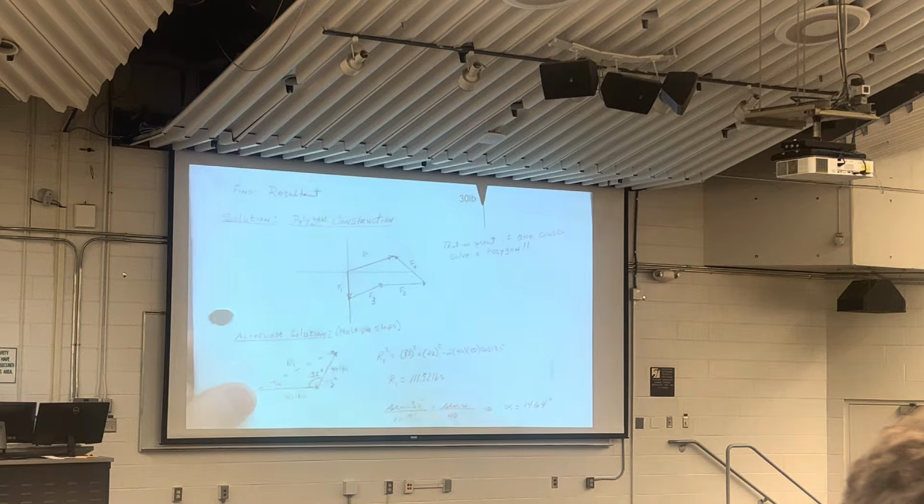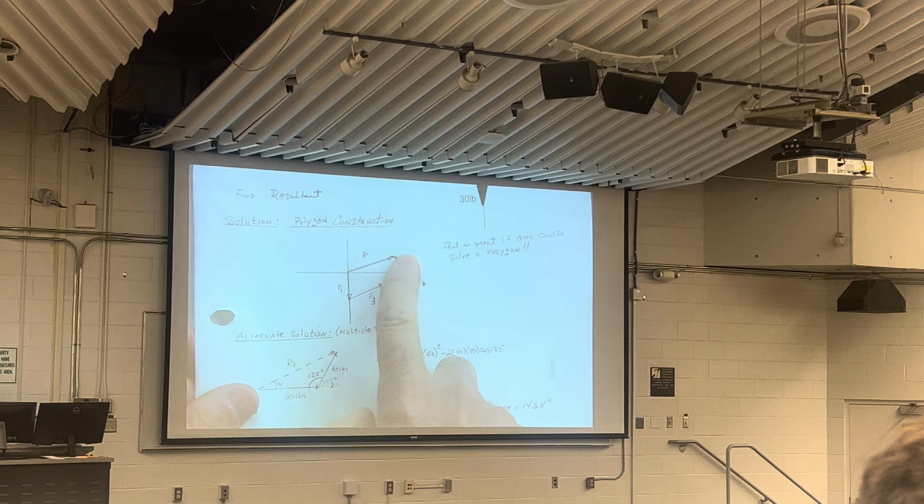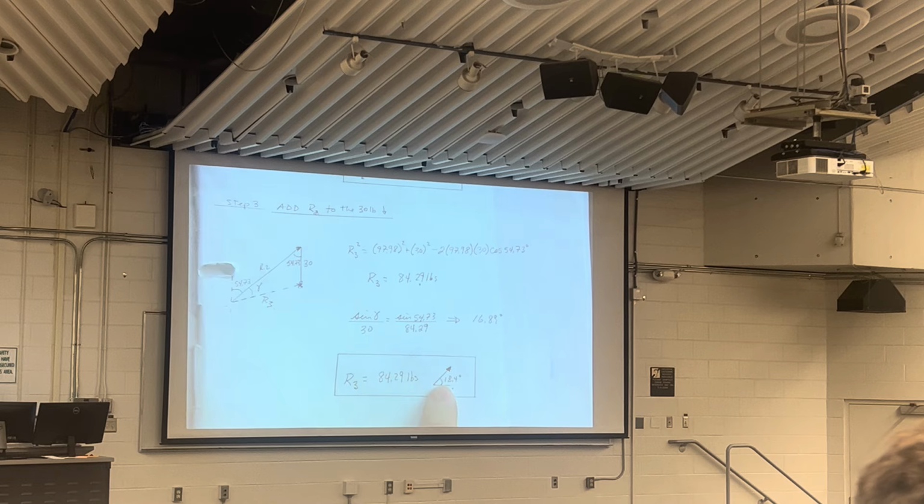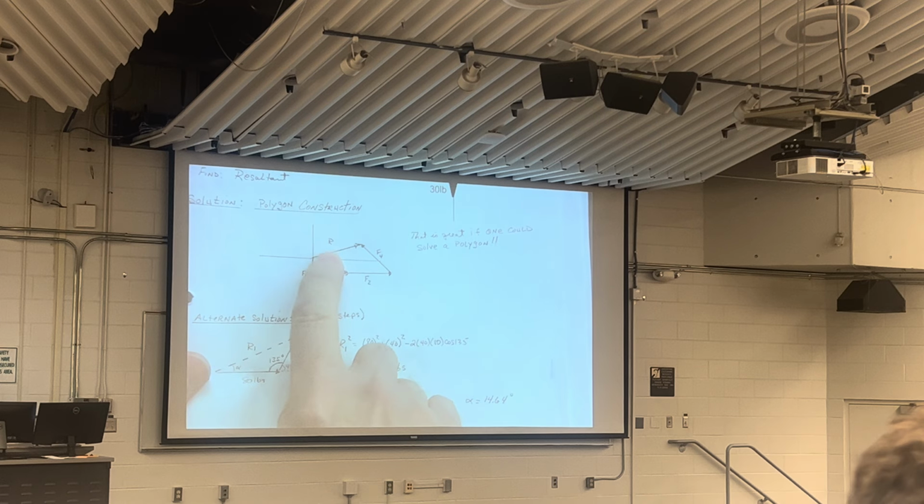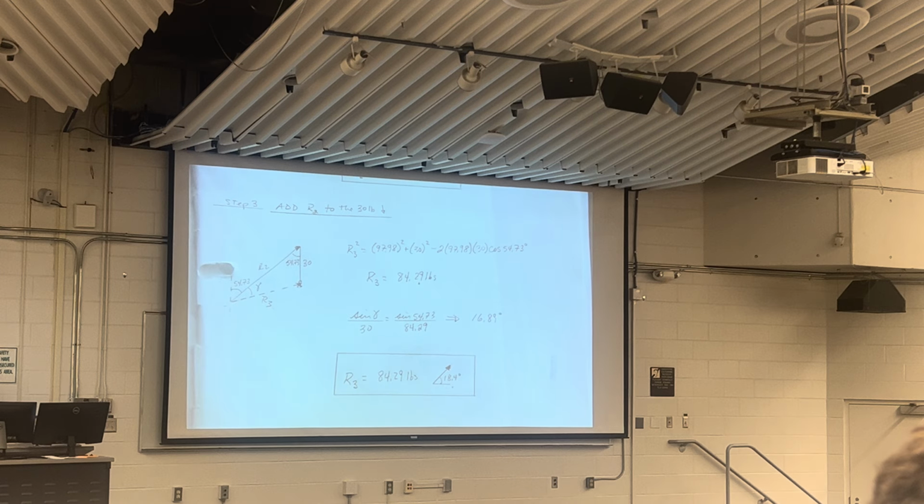Where I put them head to tail and got a polygon, where was the resultant? In the first quadrant, right? It's exactly what that's saying. I didn't get the angle here, but it happens to be 18.4. Yeah? So what is the test, if there's always that vision? Absolutely. Unless you're told